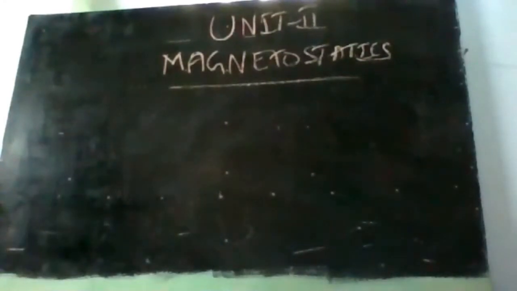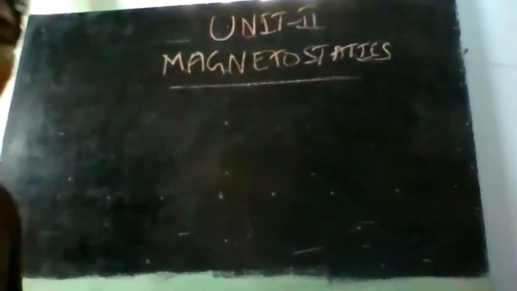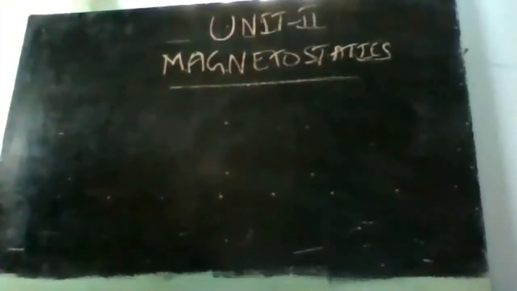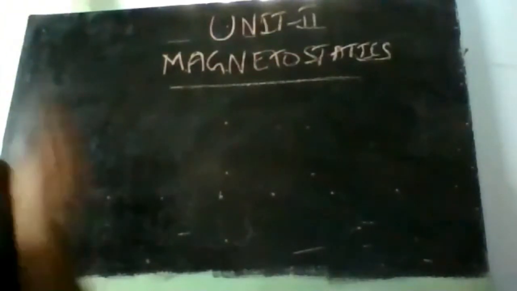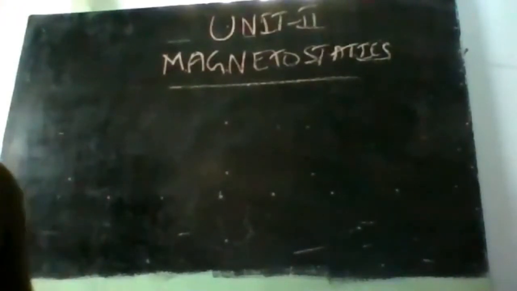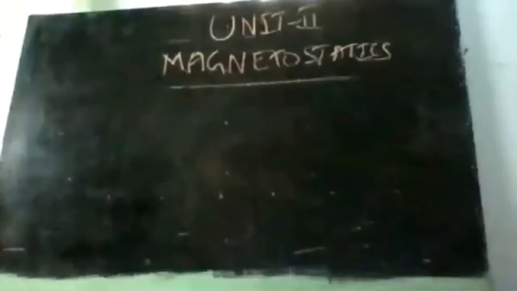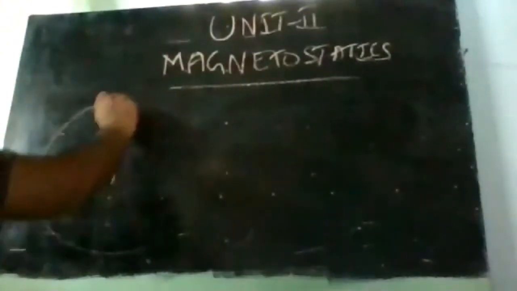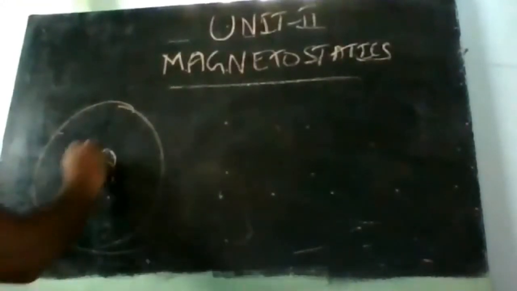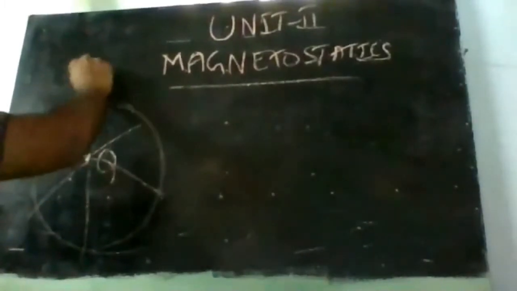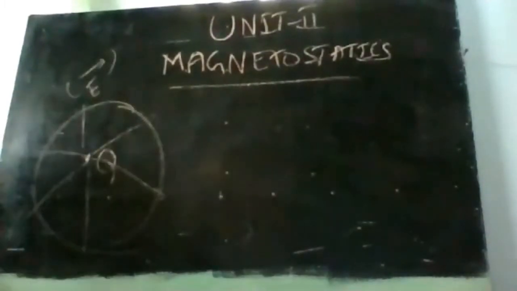The second unit. In the first unit, we studied electrostatics. What was electrostatics? Electrostatics all dealt with the study of static electric field. That is the study of electric field produced with the help of static charges, that means the charges at rest. Whenever there is a charge at rest, then around this charge there will be some force. This force is of electrical nature, and hence you call it electric field.